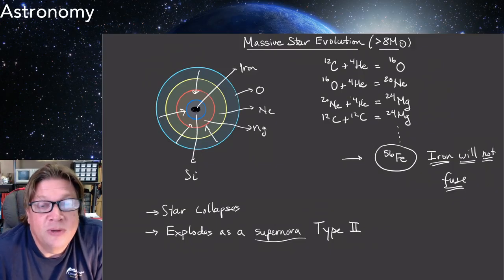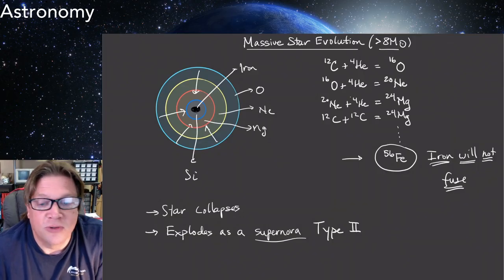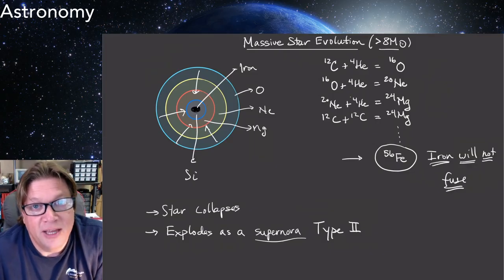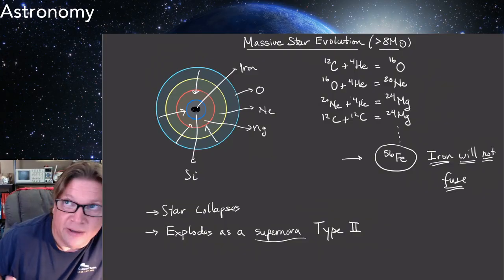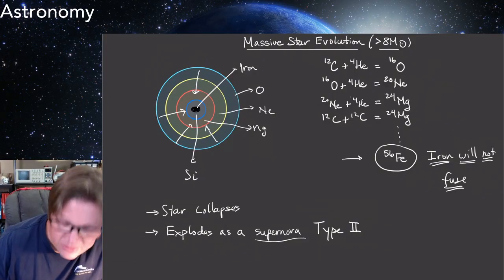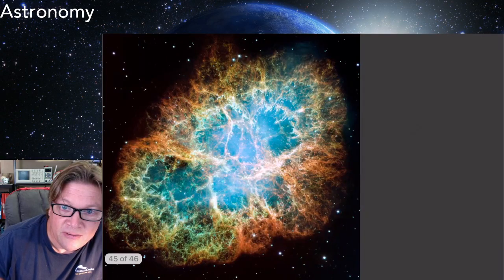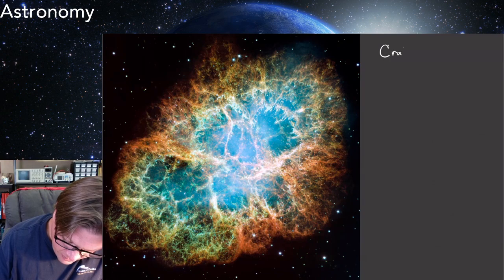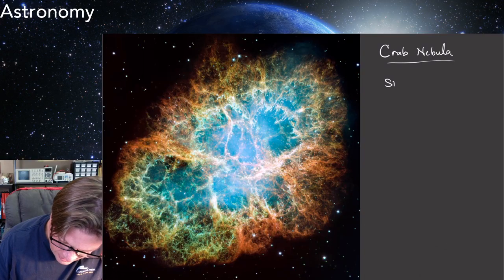So it was terrifically bright, and then it just dims over the course of 2 to 3 weeks and kind of goes away. And now when we turn a telescope to the point in the sky where they said that this happened, almost exactly 1,000 years ago, we see this. Now we call this the Crab Nebula. And this is a supernova